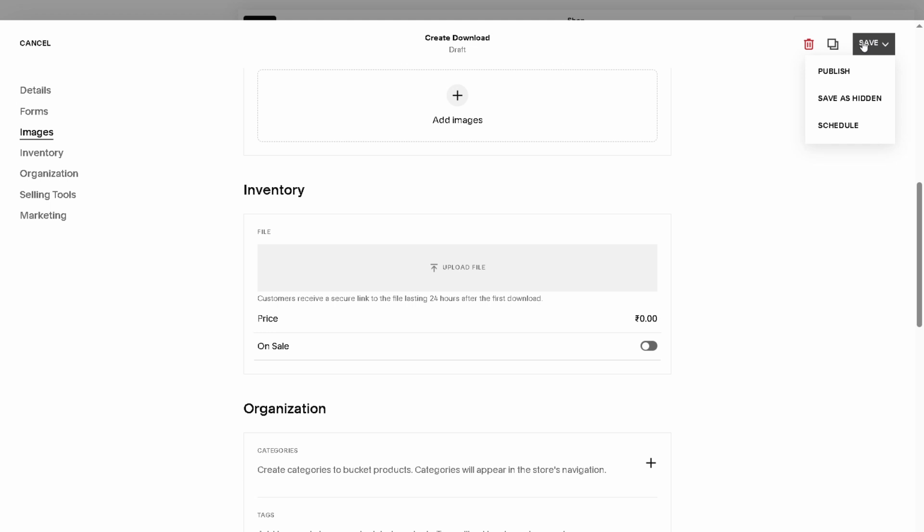And there you have it. You've successfully uploaded a PDF to your Squarespace site, creating a downloadable product in just a few steps. With this added to your arsenal, you can now offer valuable content directly through your website, enhancing user engagement and potentially driving revenue. Keep exploring